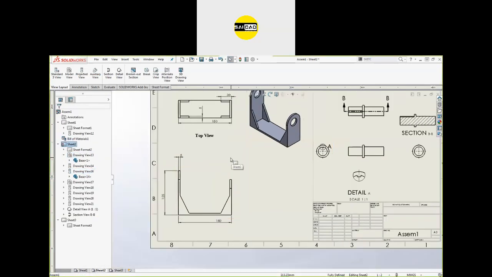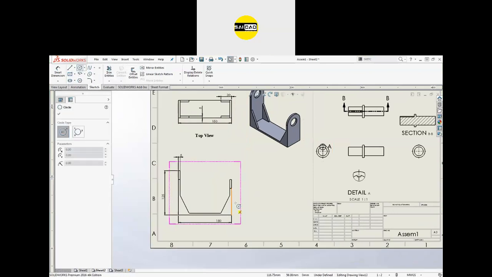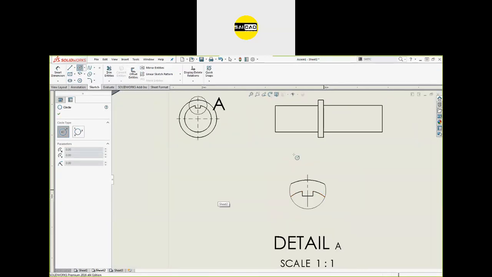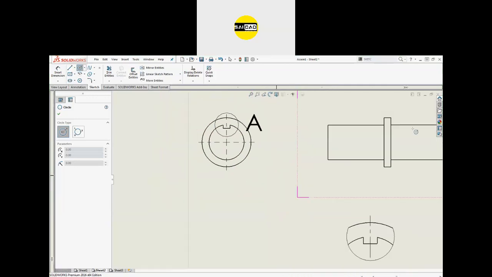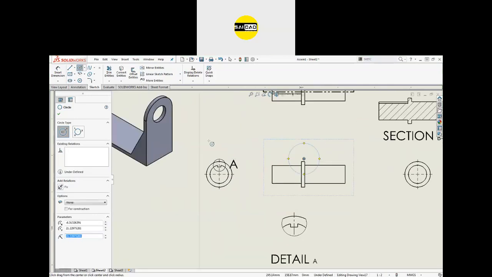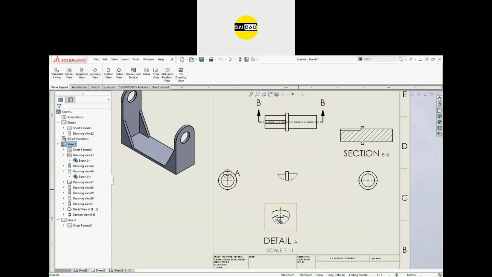Okay, so what does the crop view create? It will just create a shape here. I want to only see this one. Like you can see the detail view is created like a crop view. So insert a view and create a circle or any shape. I want to see only this shape. So click view layout, click on the crop view, you will only see that location or that part only. Okay, so this is the crop view. Basically it is like the detail view. Detail view is created with the help of crop view.